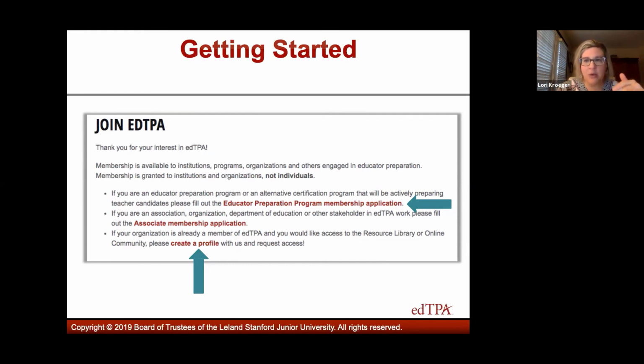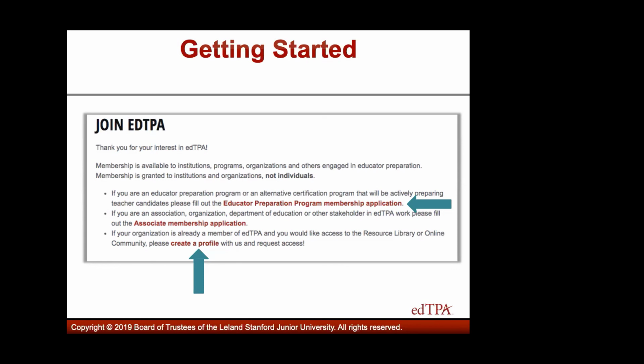So right now, if you are a district-based induction program and you want to join the edTPA community, you haven't done that and you need to, go ahead and join at the associate membership level. If you've already filled this out for the EdPrep program, that's fine. Don't worry about it. If you picked the wrong one, it's fine. We will sort all this out after the dust settles. We just want to get you access to the materials. So go ahead and select the associate membership. But again, if you select the incorrect one, it's okay.